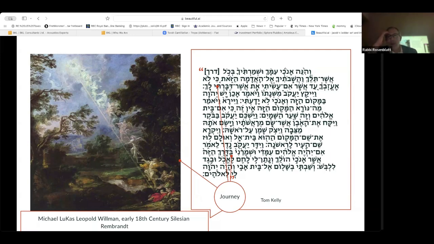who's an Israeli Bible scholar, and he makes the claim that the ladder is very important because the ladder represents Jacob on a journey. And the evidence for this is, it says, "V'hinei anochi imach ushmartichi b'chol asher telech." God promises, he says, I am with you and will guard you b'chol asher telech, everywhere you go. And he tells us that if you look at the Targum Shivim, the Septuagint, you will find that it inserts the word derech. Derech means a way. So, from Shema, "uvlechtecha baderech," when you speak Shema as you go on your way. So derech,